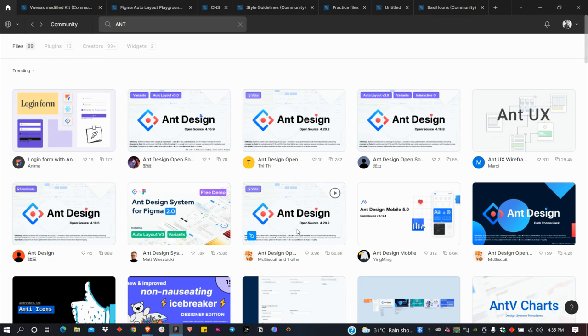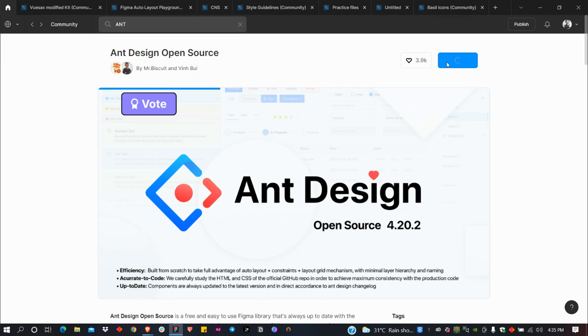So we have this one. I think this is the real one. This is the real Ant Design System. It's open source. You can use it. So you go here, you go duplicate,